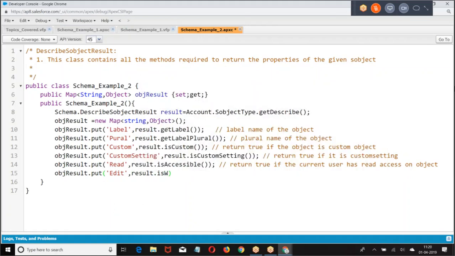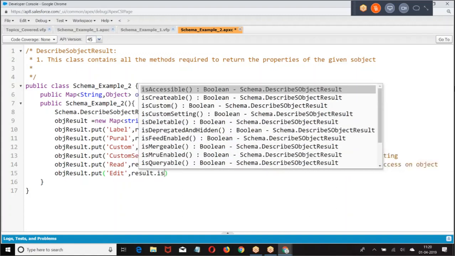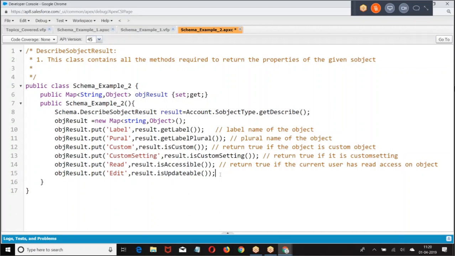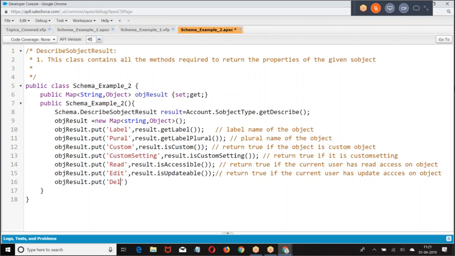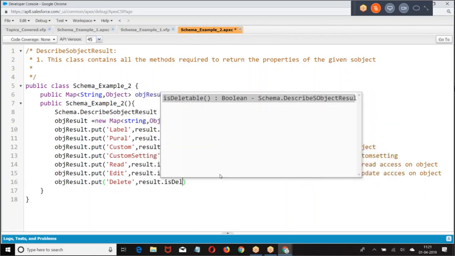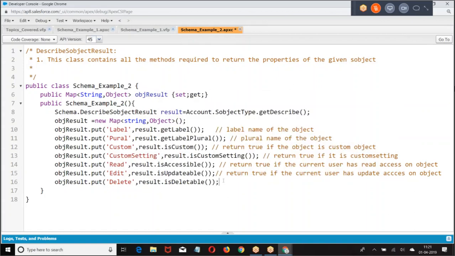Is updatable. Result.isDeletable. Delete, undelete.